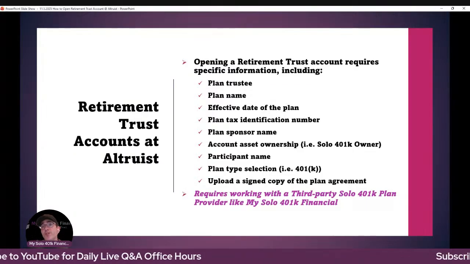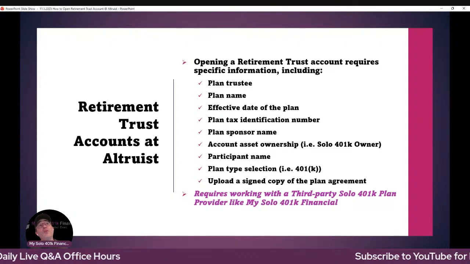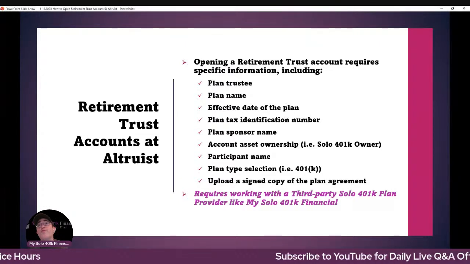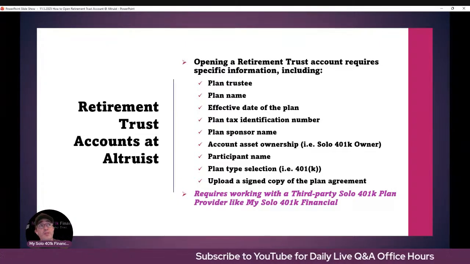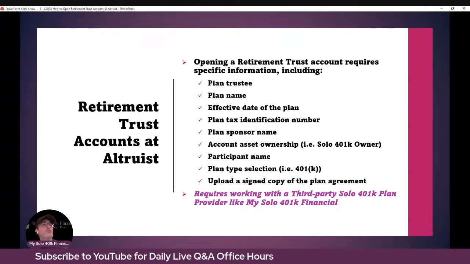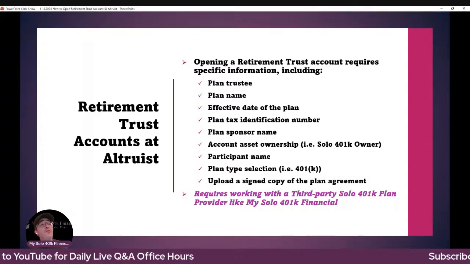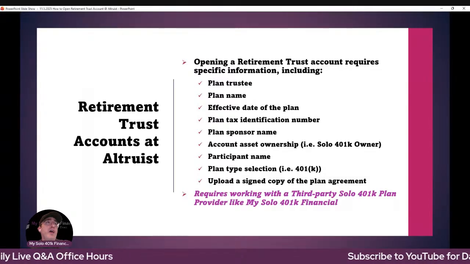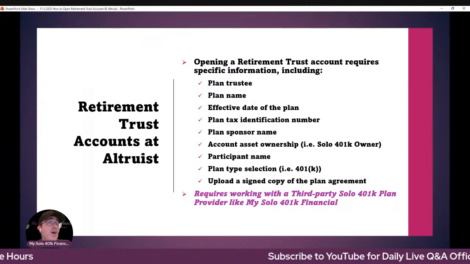or even Altruist, then there will be the original effective date, which is when they first established the pre-existing basic plan, and then the restatement date. From a solo 401k perspective, it would be acceptable to use either date when completing that retirement trust account application on Altruist's